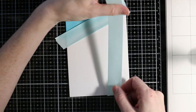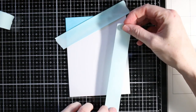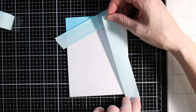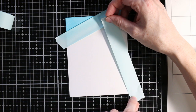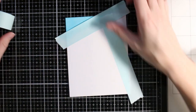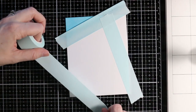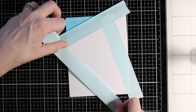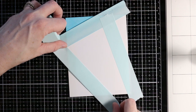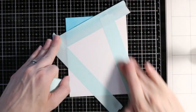Anyway, I'm going to go ahead and mask off some more different sections for my card front. I'm reusing some of my tape so that I can just get more uses out of it. And I want to go ahead and move that tape that I had masking off my blue area, shift it up a little bit to cover that blue so that I can have where the edge of the blue meets my next color block, just a really straight, even close block so that they're touching each other, but I'm not